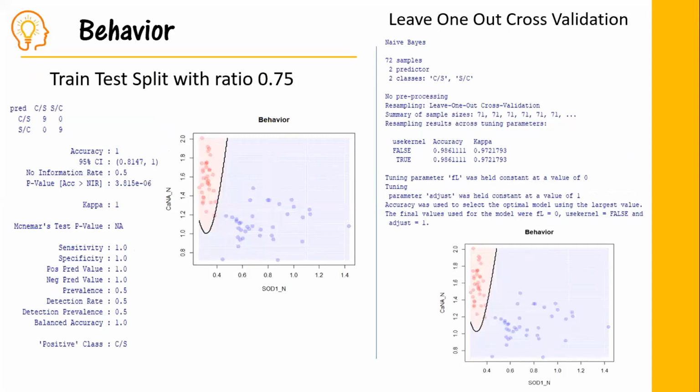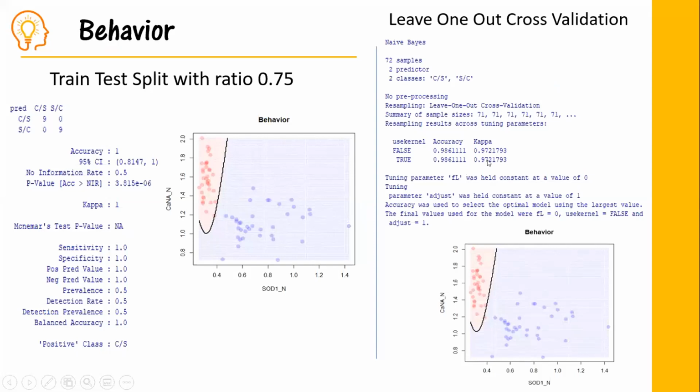Okay, so this is the result for the behavior. While using the train test split with ratio 0.75 approach, we can see that we can achieve an accuracy of 100%. And this is the decision boundary plot of the model. And for the leave one out cross validation approach,